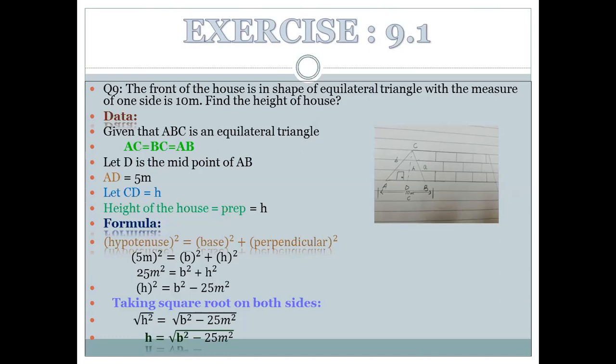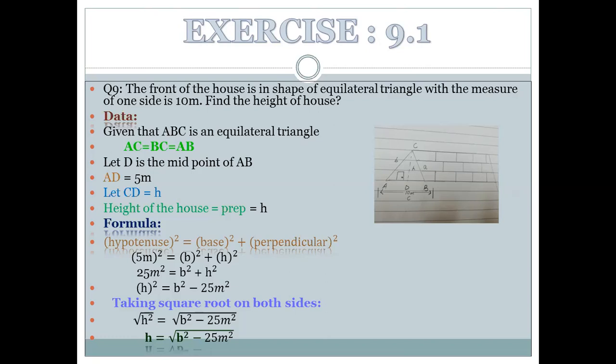You see on the screen here I mentioned the vertices of the triangle. I labeled the diagram A, B, C and D. ADC is the right angle triangle, the perpendicular already drawn in the figure. It means that AD is equal to DB and both sides have a length of 5 meters.